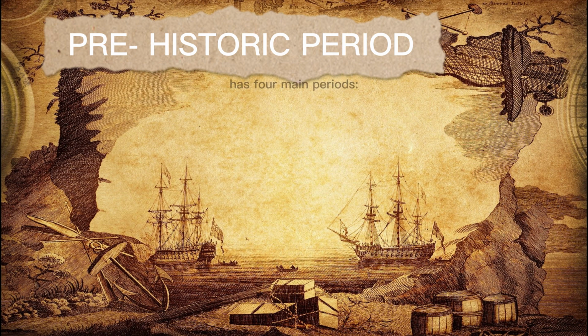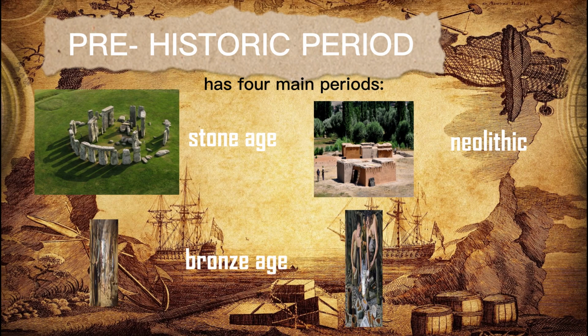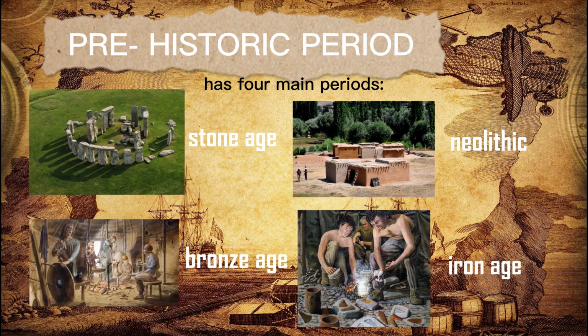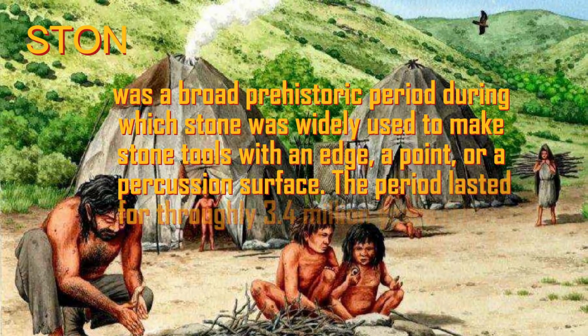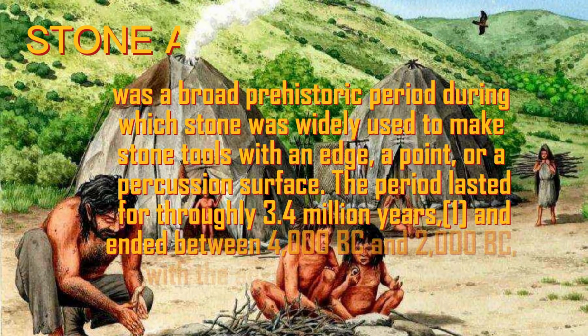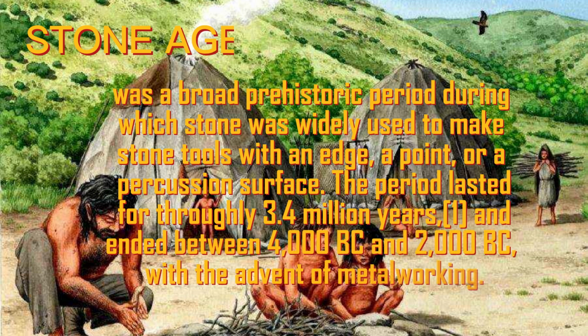Prehistoric art has four main periods: Stone Age, Neolithic, Bronze Age, and Iron Age. The Stone Age was a broad prehistoric period during which stone was widely used to make stone tools with an edge, a point, and a percussion surface. The period lasted for roughly 3.4 million years and ended between 4000 BC and 2000 BC